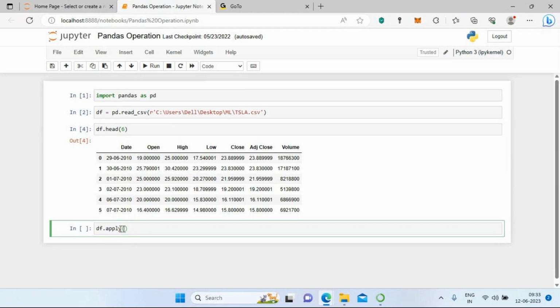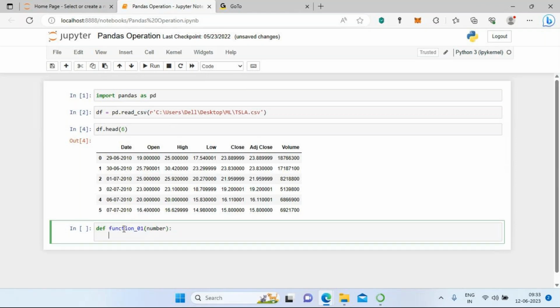Now I'm going to show it. Before applying this function, I have to write one function. How to write a function? Let me name it function_01. This is the function name actually. In that function, I'm going to pass an argument called number. I'm going to write some conditions. Okay, like if number lesser than